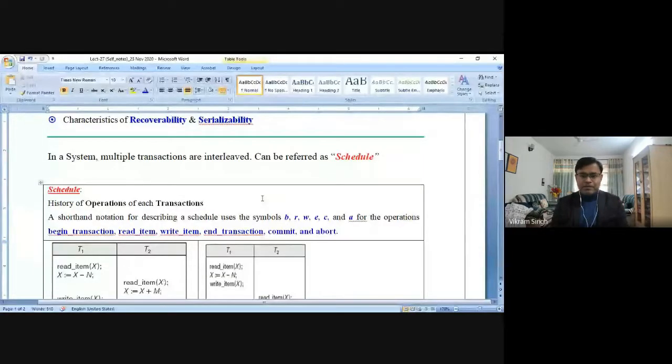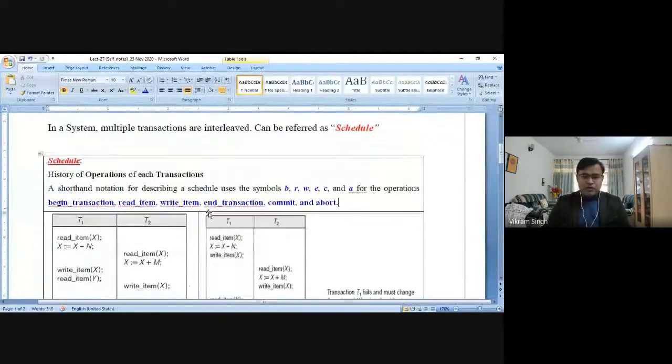So broadly, let's start slightly opening up the different concepts. Like in the previous class, we have taken terms like transactions. Now we have assumed that in a particular transaction processing system, it is highly possible that more than one transaction is involved. So whenever we observe how many transactions have been involved in the system and what the different states of the transactions are, there is a term called schedule. A schedule is simply an organized detail of all these transactions in a system and all the operations within the transactions.